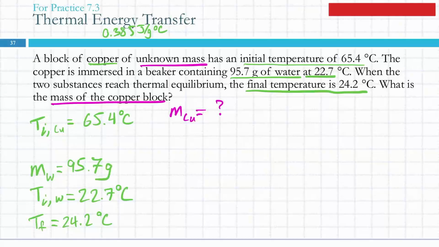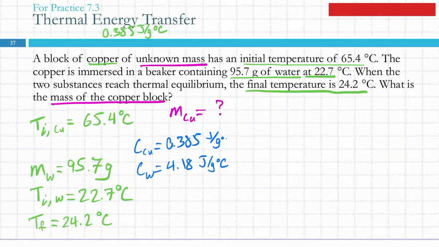We would also need our C values. That's why I wrote the C value. I think this is for copper. And then for water, 4.18 is what showed up in our table. It's almost more of an algebra problem than it is really a chemistry problem. And then the one extra piece of information that we need to crack this open: